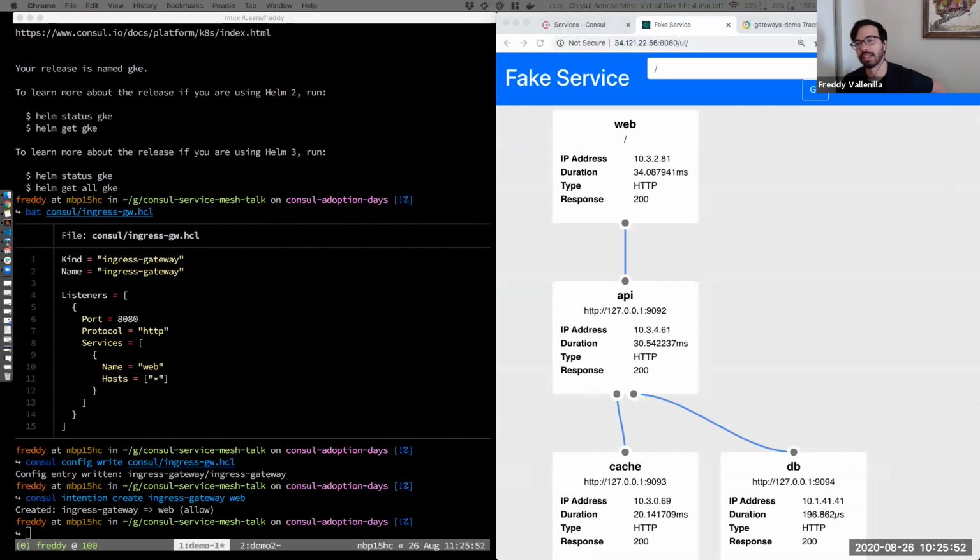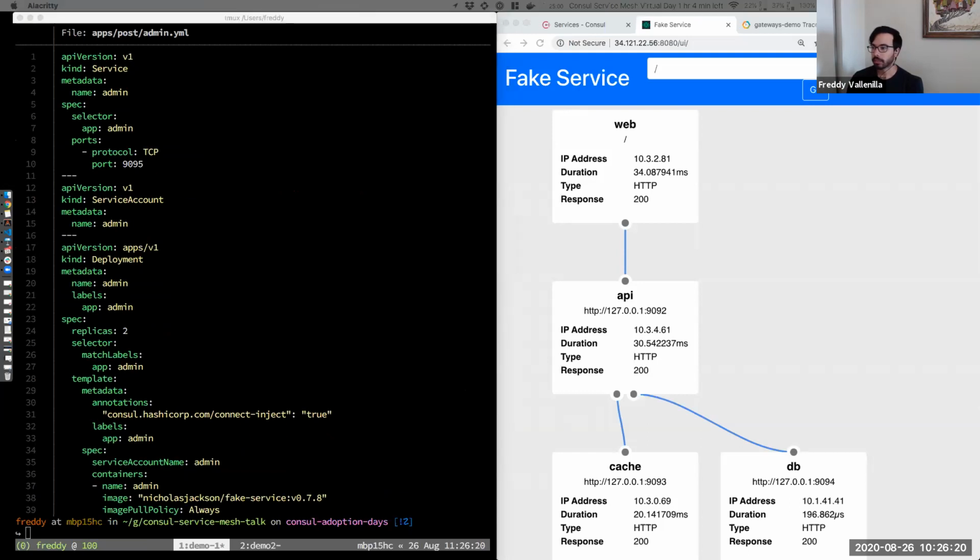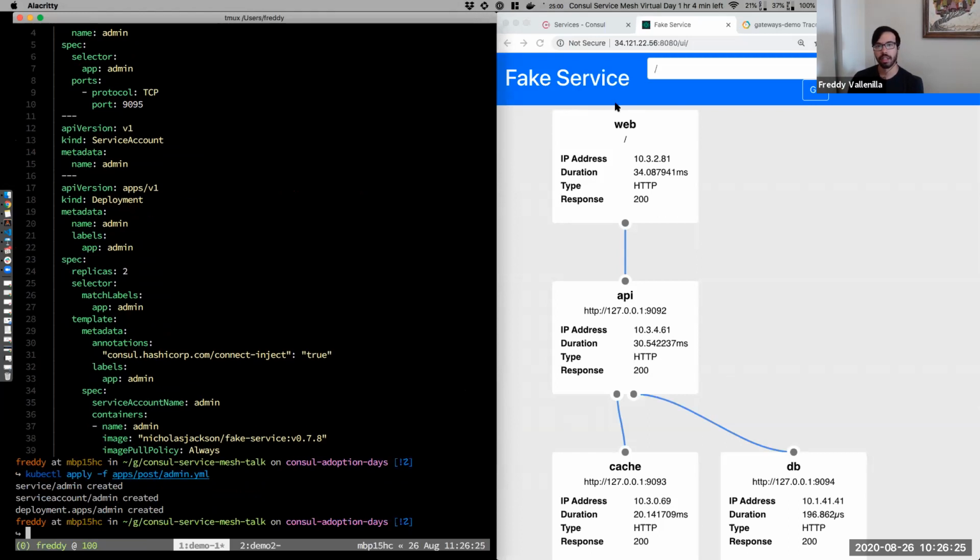And this really opens up a lot of possibilities. What if, now that we can take advantage of Consul's HTTP routing, we can do things like break off a service from this web front end? And that's exactly what I'm going to do. So I have this service definition for an admin service. It's going to be listening on port 9095, and we're going to inject an Envoy sidecar. Now, I'm going to deploy this, and I want to be able to route requests to this admin API